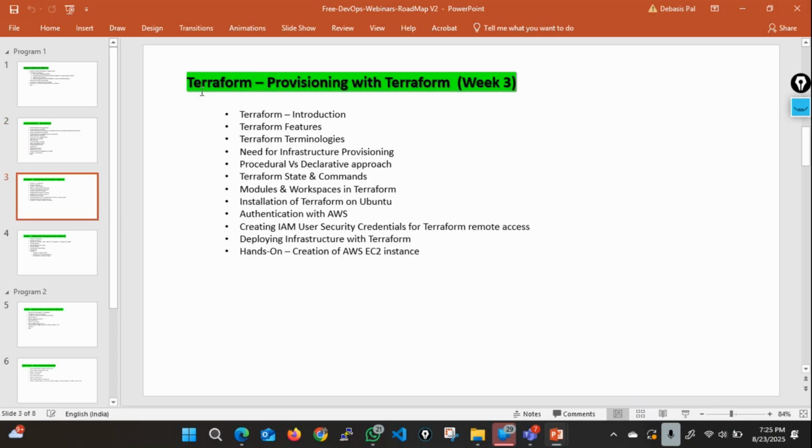Similarly, Terraform we will do. I have only allocated one session of 2 hours for Terraform, but I may end up taking 2 sessions. It depends. There is no hard and fast rule that I have to complete the entire cycle in only 8 weekends. I usually cannot finish; it generally takes me 10 or 11 sessions. But that's fine because we are having an internship, everything is in our hands, and if you cooperate and support, we can extend it.